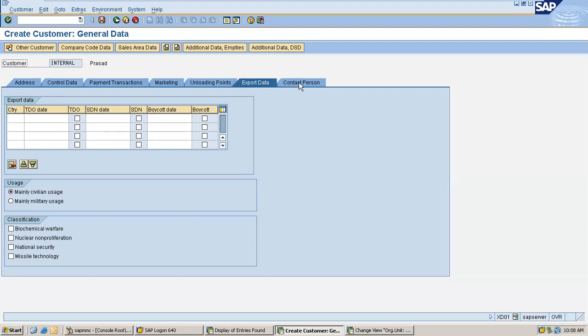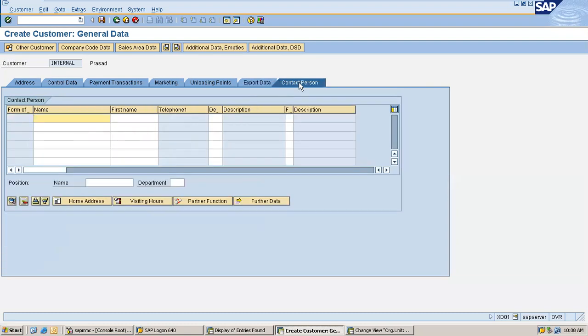Okay. Then contact person. Contact person is needed because for transaction follow-ups, delivery schedule confirmation, or for the purpose of deliveries, this customer may not be available. Maybe he'll be busy with other activities, other functions. So let's say I am very busy in handling other things. I'll give a contact name and telephone number here so that whenever orders are created, this person can be contacted for further information and follow-ups. That is how you can maintain contact persons here. So this is about your general data.